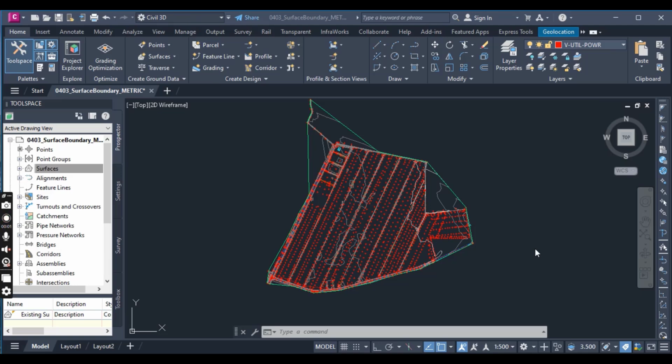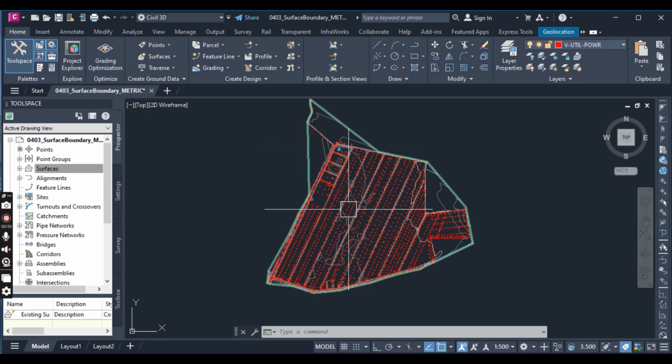Hi students, in this exercise we will add a destructive break line outer boundary to our existing surface in Civil 3D. In the previous exercise we added a 3D polyline as a